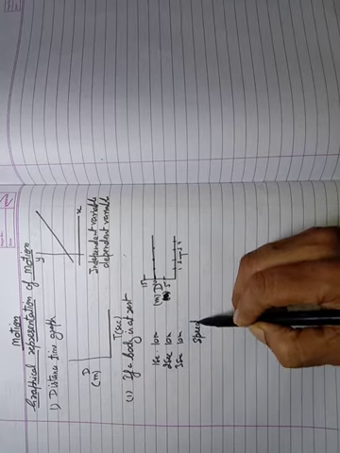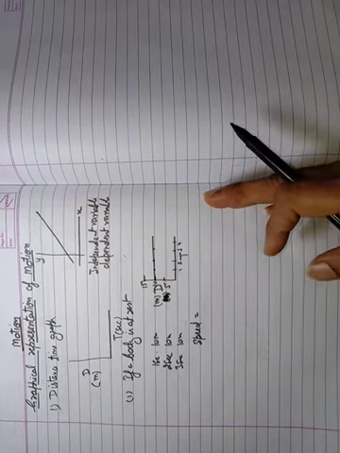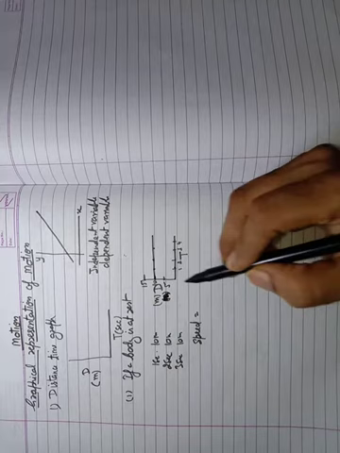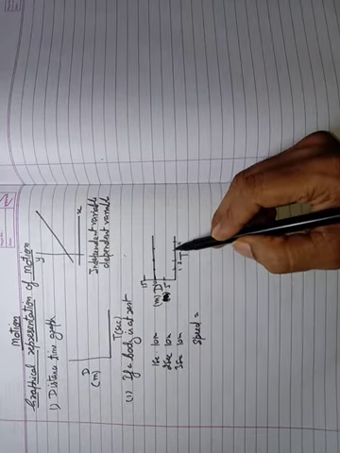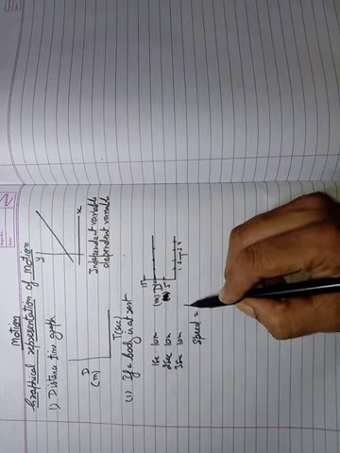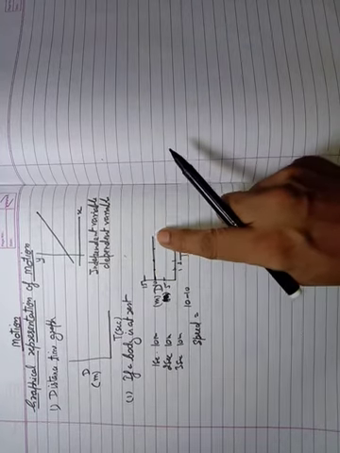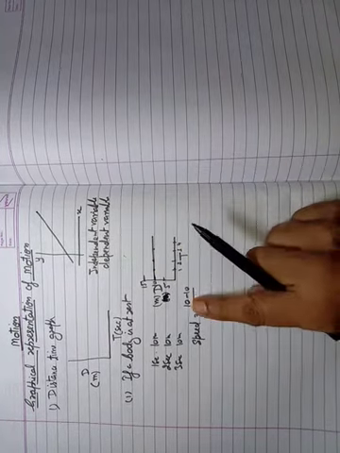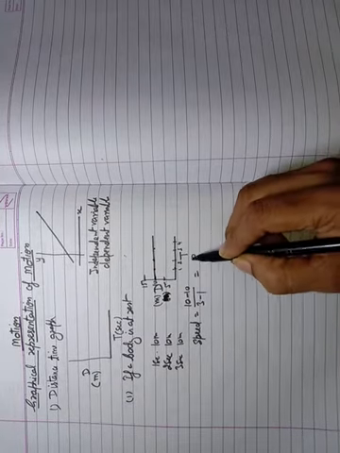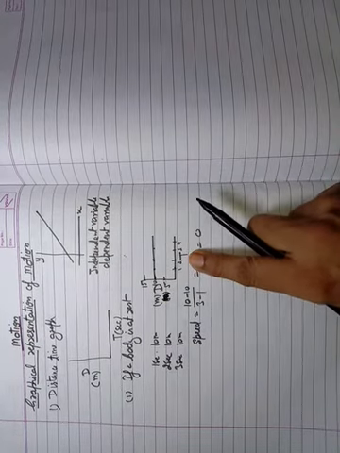If you want to find the speed of the body, you know that for finding the speed, we should know the initial position and the final position with respect to the time. At 1 second, it is at 10 meter, and at 3 seconds, it is again at 10 meter. So the speed is equal to distance traveled upon time taken. Distance traveled is 10 minus 10, and the time taken is 3 minus 1. That is 0 upon 2, which is 0. So the speed is 0. It means the body is at rest.